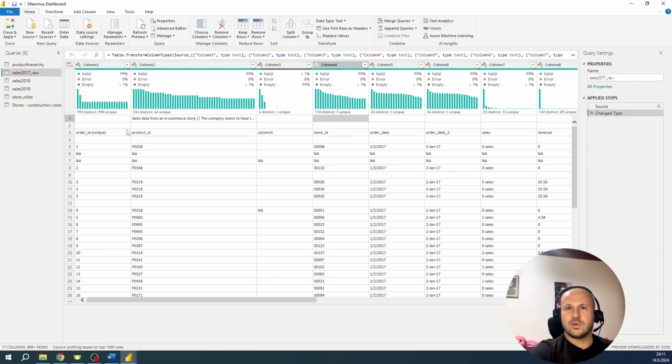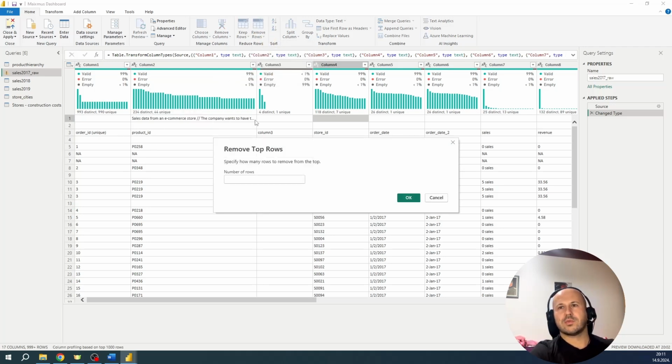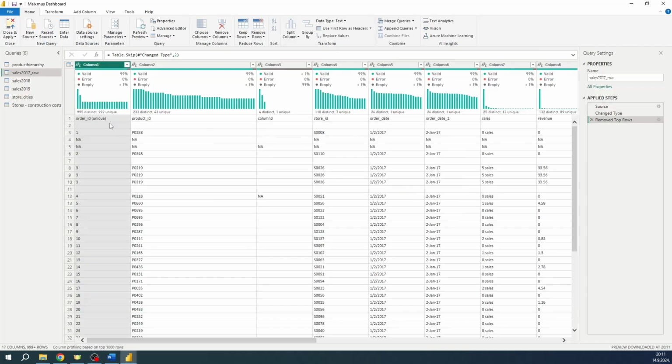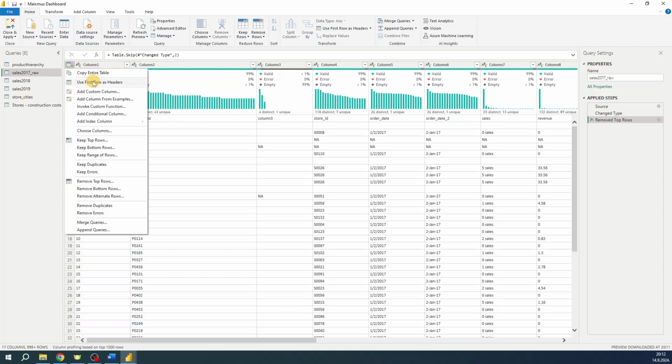What we're going to do is delete the first two rows, so let's select remove rows, remove top rows, and this option will remove the top two rows. Okay, and now in the first row we have the column titles, and we can then select use first row as headers option,